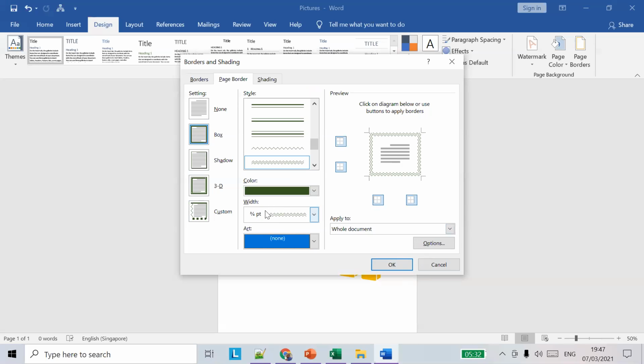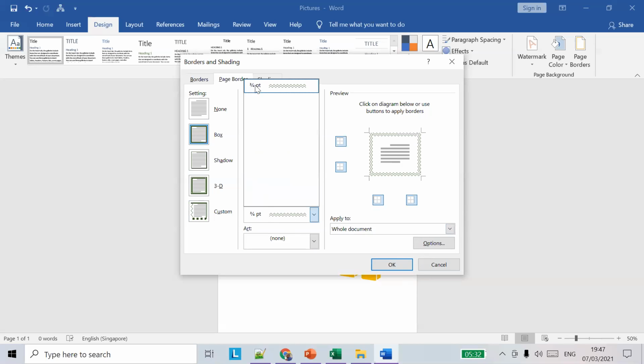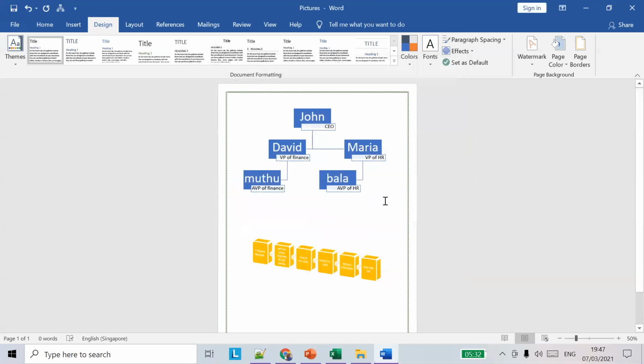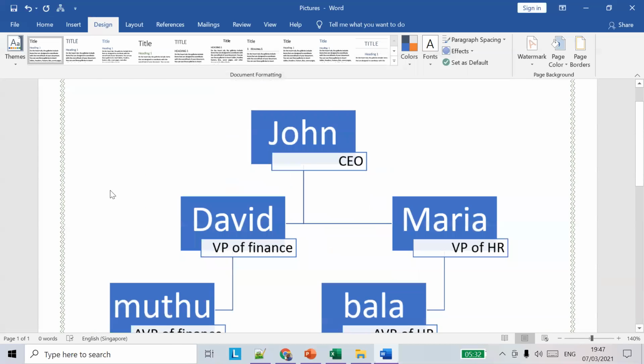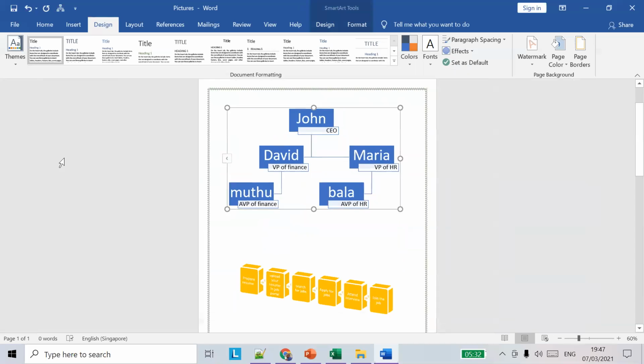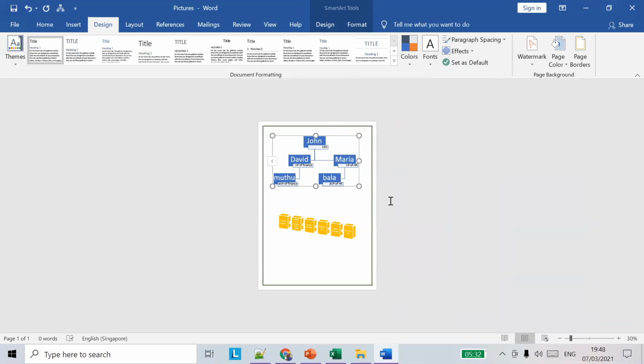The width of the line, I'm not able to increase it. It's fixed to 3/4 PT. Once you have selected all these options, click OK and you'll see the type of line added here. If I zoom in, you can see the line added to the whole document.